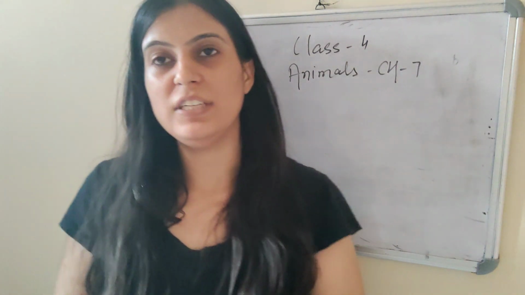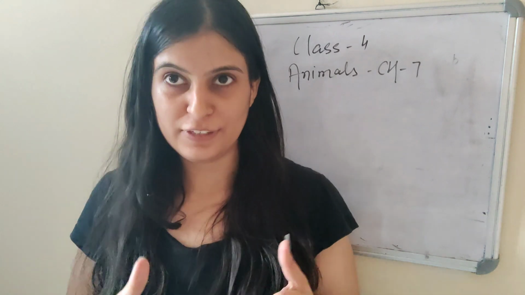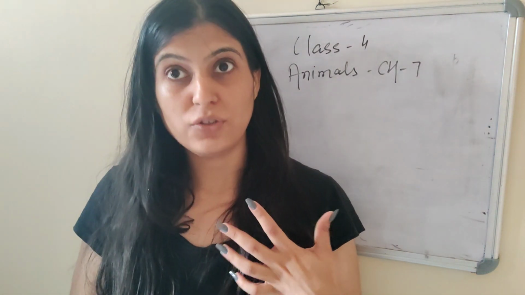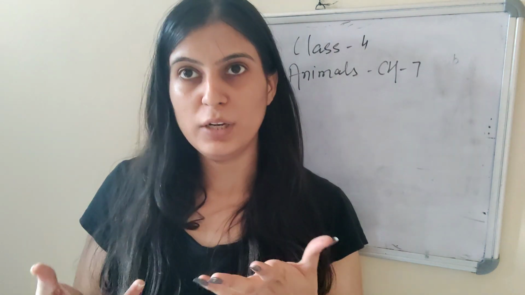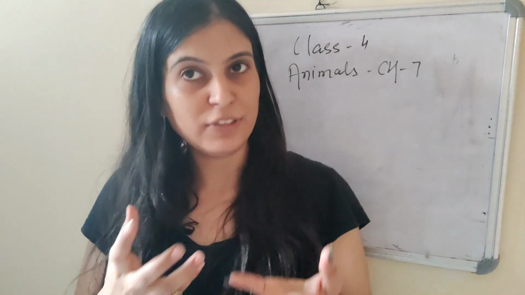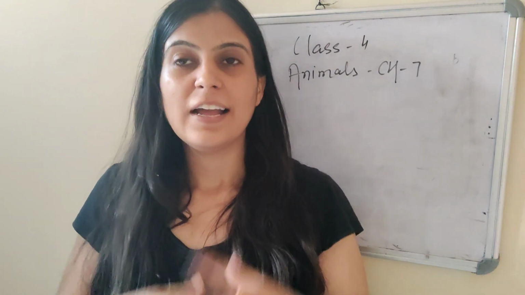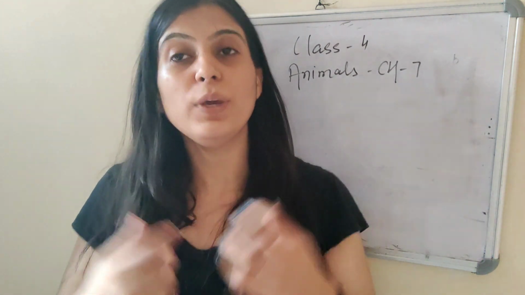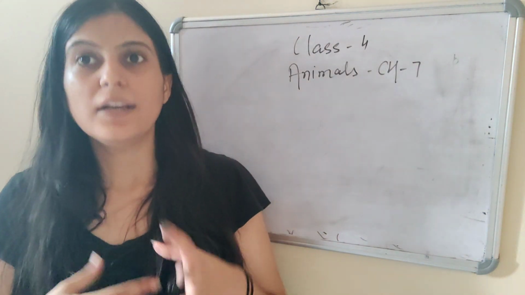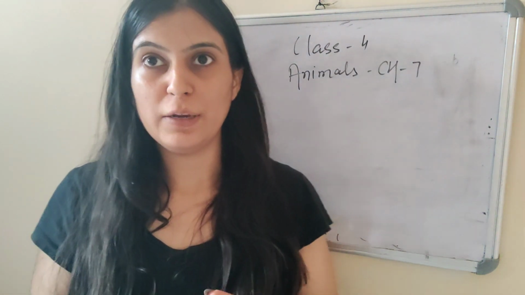You all have seen that there are many different animals. For example, there are dogs, cats, fishes. In mountains, there are polar bears. All these have different organs, different structures. Animals are different from us, right? We are also considered as animals, but there are many different types of animals.